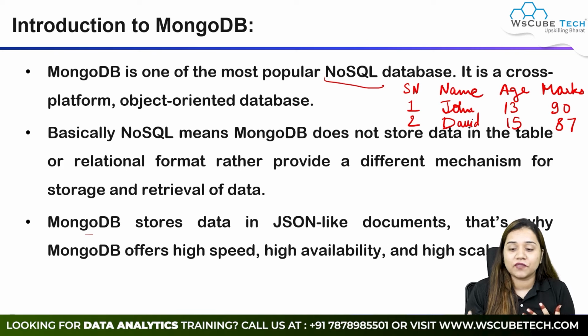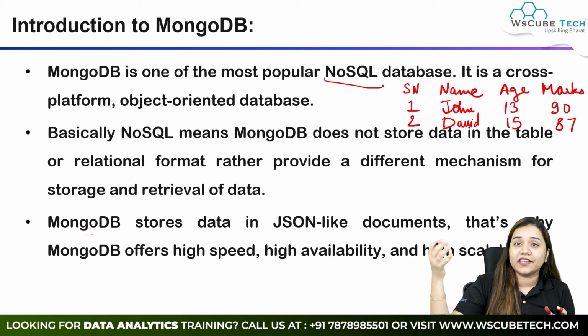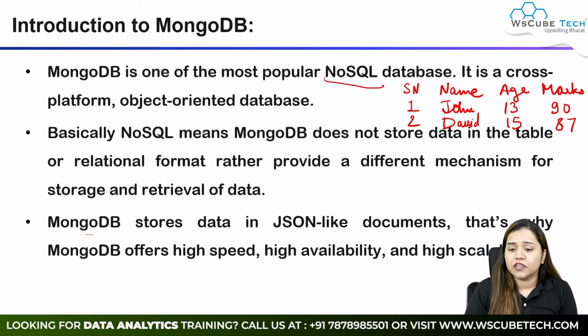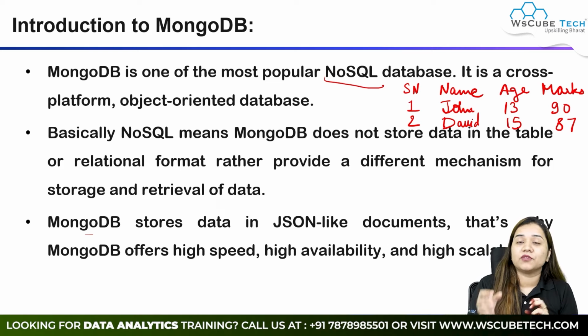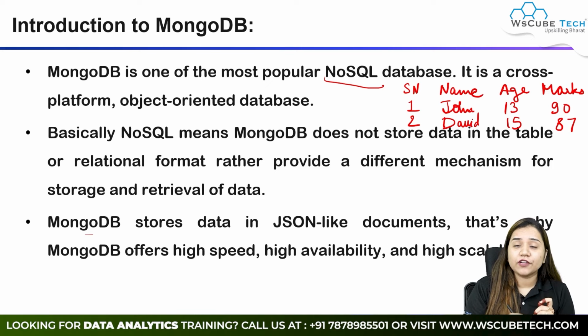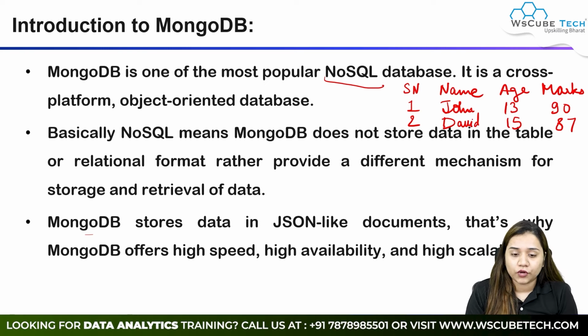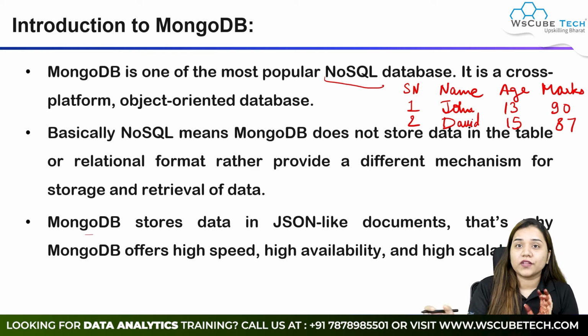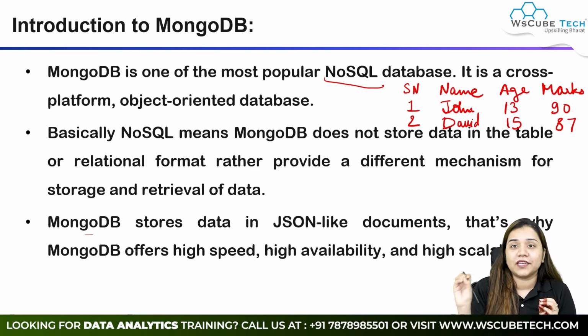Suppose, what happens when we create a table. In a table, if we want to give any extra data, for example, let's say for David, I also have the data for the fees. I want to add fees data, but now the fees column is not there. But in MongoDB, because we started with the help of a dictionary, data for a different student gets stored in a different area. So you can provide as many columns you want, as many rows you want, and whatever data you want to give. There is no horizontal limit basically.